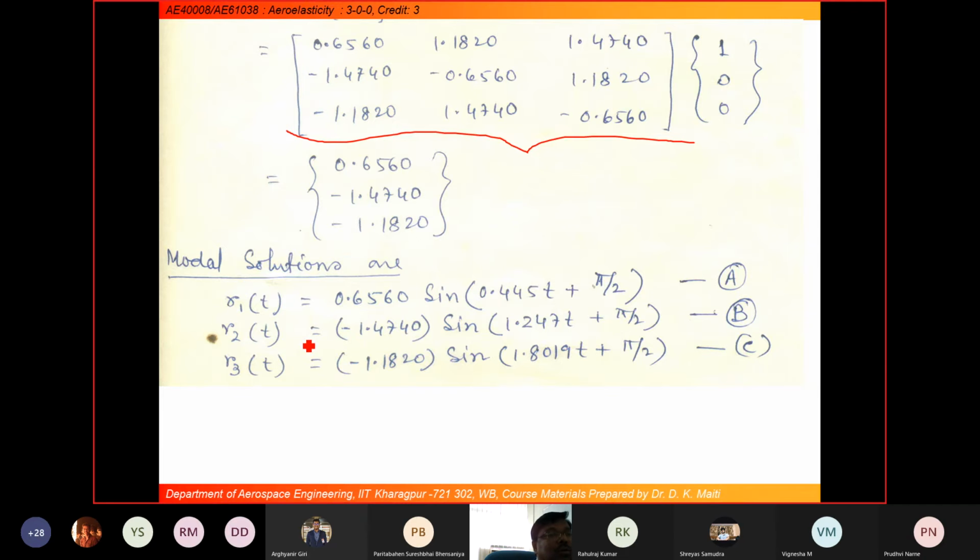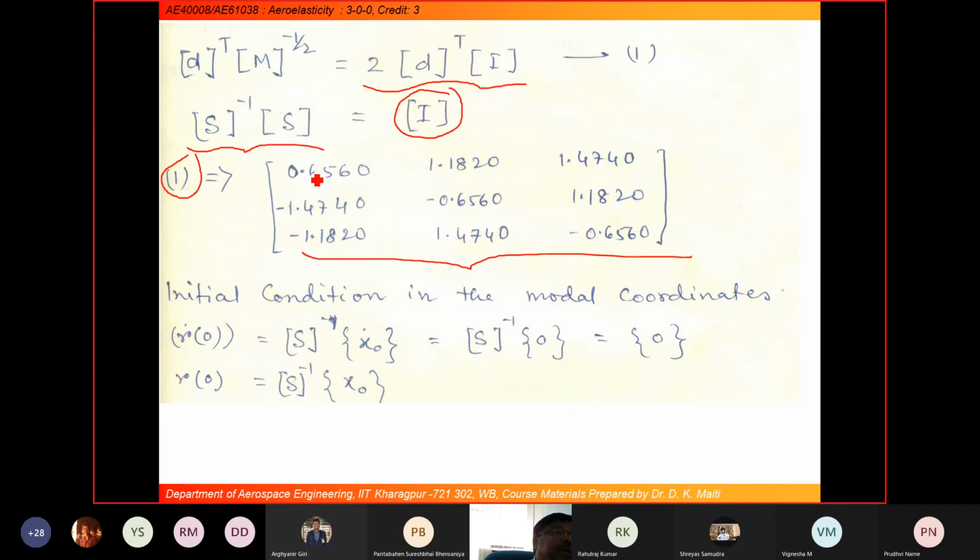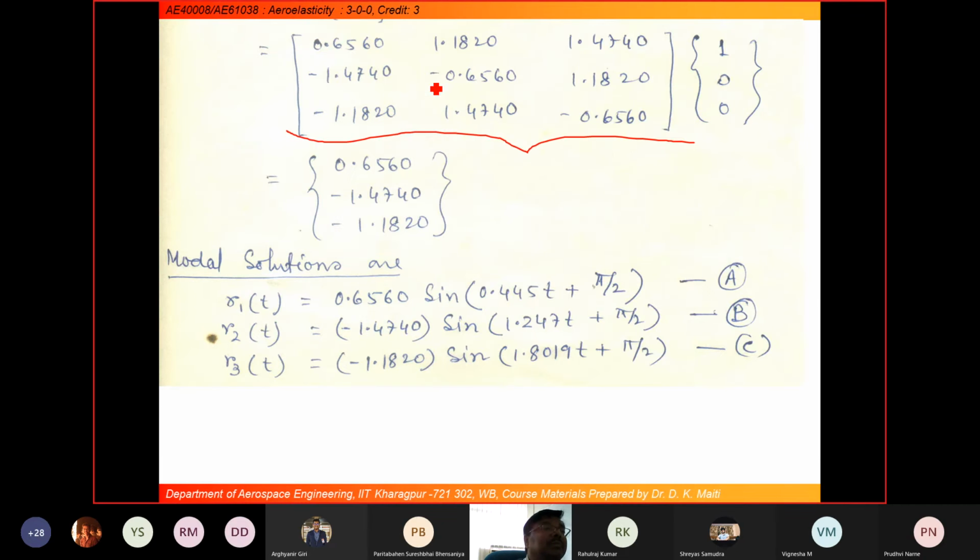So this is actually what we have calculated here. If you look at here, the displacements we have given are 1 0 0. We have given the first displacement to coordinate 1 and the velocity is 0. So I have used this initial condition to transform into modal coordinate. After transforming to modal displacement, that's what I have shown here. I have taken the physical displacement as 1 0 0 and transformed it into modal coordinate.